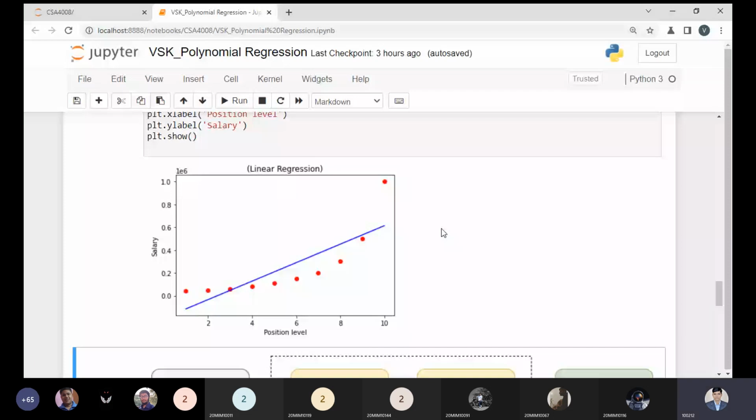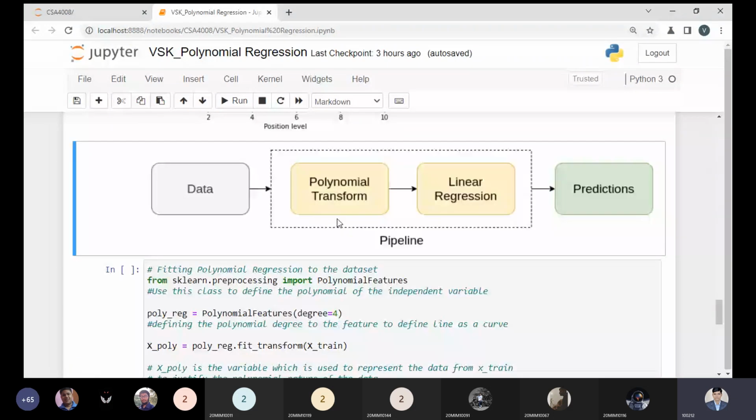So now this image I have pasted over here describes that we have data and a polynomial transform we will use, and then we have to use linear regression with the help of it. This is our pipeline concept, so our prediction will come properly. So what is a base model? Unlike multiple linear regression, the base model is linear regression.